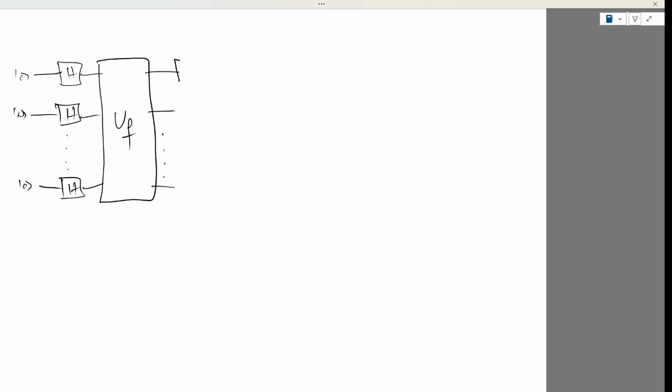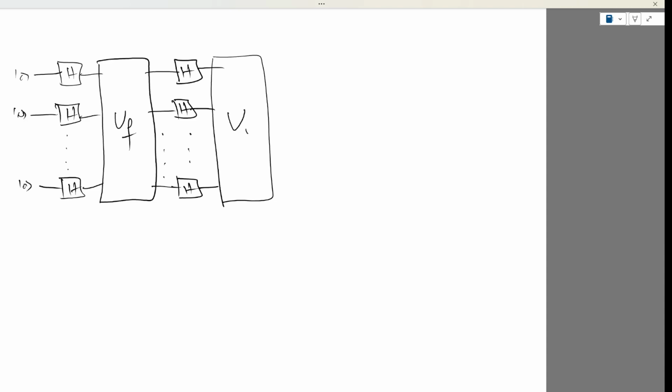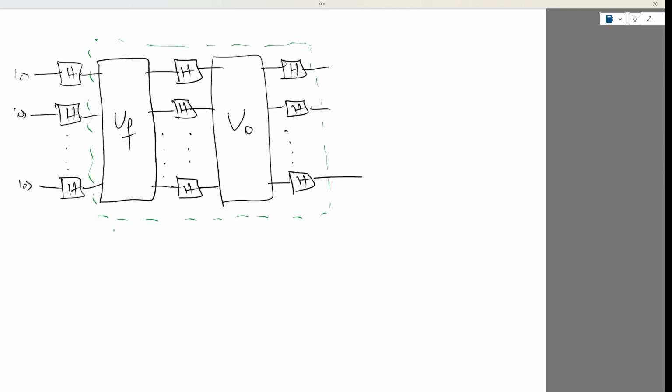And V operator actually also has Hadamards on all qubits, and then a reflector U0, and then a set of Hadamards, and then we have to repeat this circuit R times, and then do the measurements,